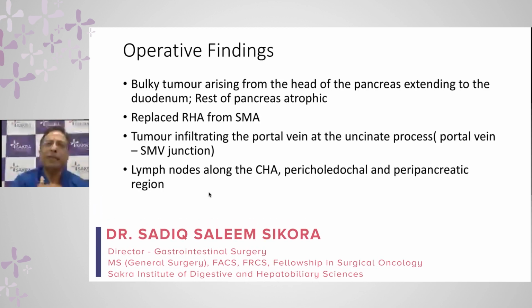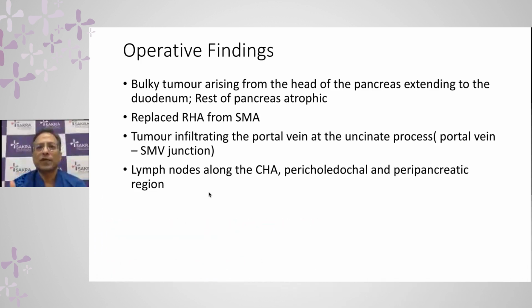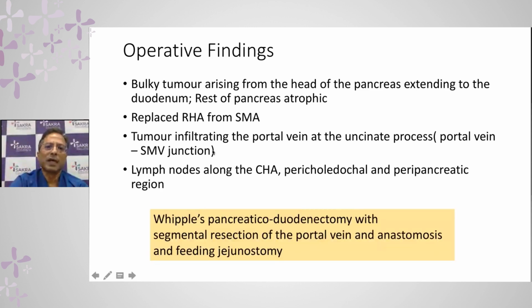So finally, when he had improved, we decided that he is fit to undergo a Whipple's operation, which is a Whipple's pancreaticoduodenectomy. When we operated, there was a large tumor from the head of the pancreas. This is one technical finding, that the right hepatic artery was arising from the superior mesenteric artery, which is a variant we see in 20% of cases. And what is important is it goes through the head of the pancreas, and when we are doing the Whipple, there is a real risk of damaging this artery. So it is important to know that this is the anomaly.